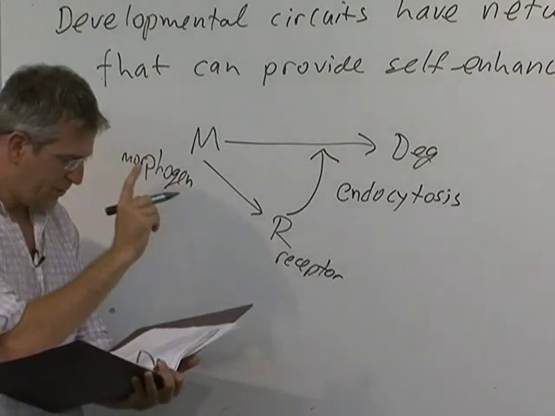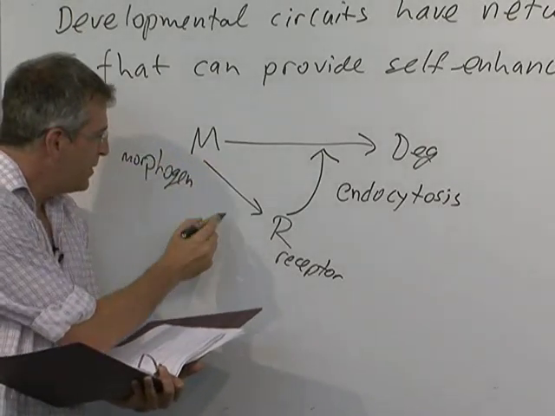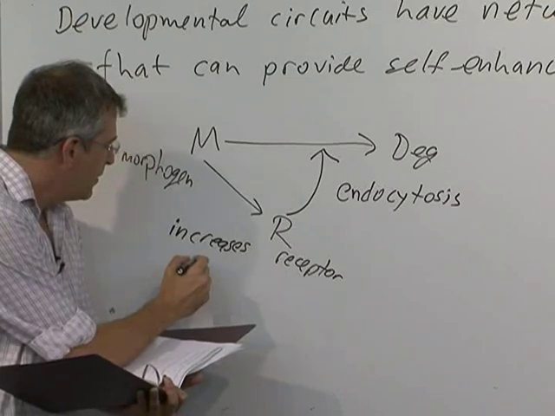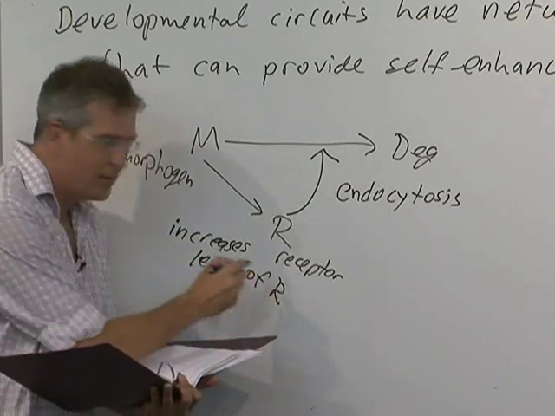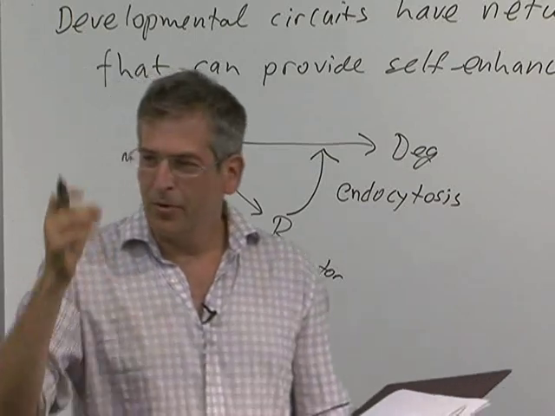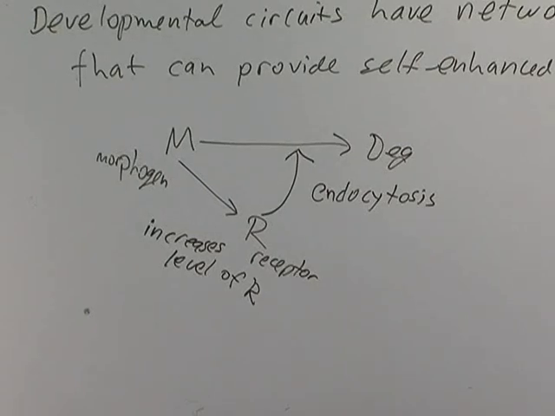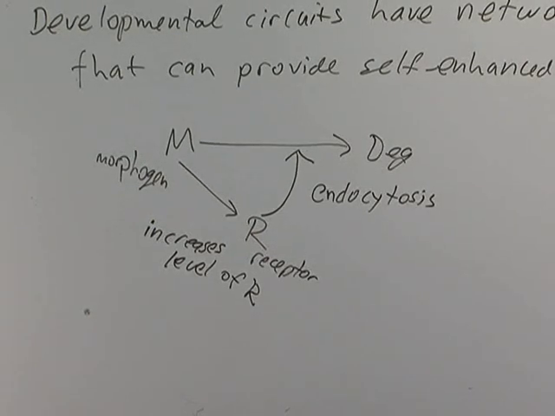But by then, it has already sensed. I forgot what I wanted to say: the morphogen binding increases the level of receptor. So I missed a step here. Morphogen binding to the cells makes signaling, transcription of more receptors, which bind more morphogen and take it away. When you reach steady state, the upshot is that places that have more morphogen have nonlinear degradation, not linear. The more morphogen there is, the larger its removal rate.